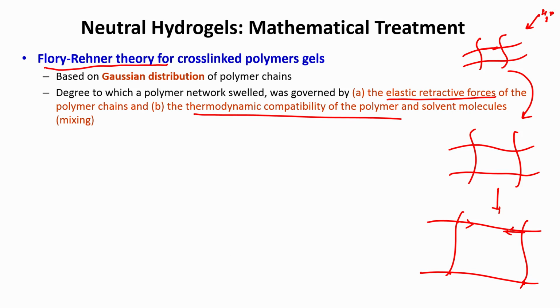Now these chains are going to try to bring this polymer gel back to its original state, so it is the force balance between these two forces: the affinity for the water to get absorbed into the system, and the elastic retractive forces of these chains to resist that and go back to their original state. Essentially that is what will define at what stage, at equilibrium, the hydrogel will stop. Now that we have that concept clear,